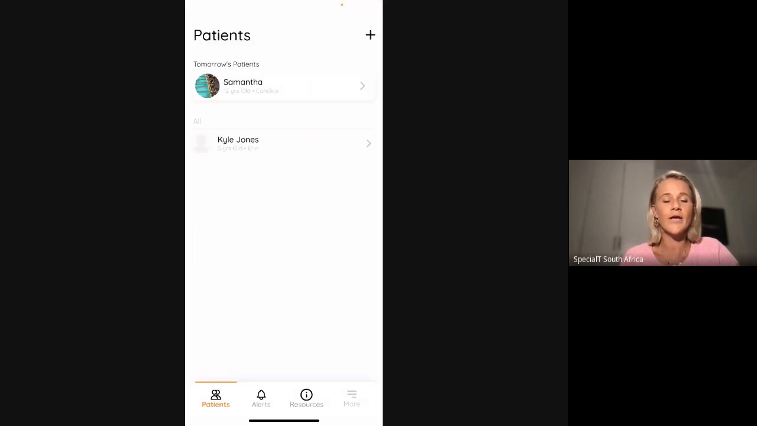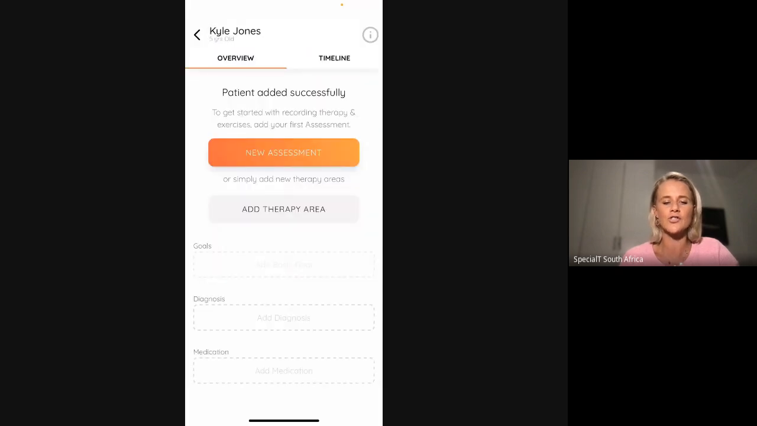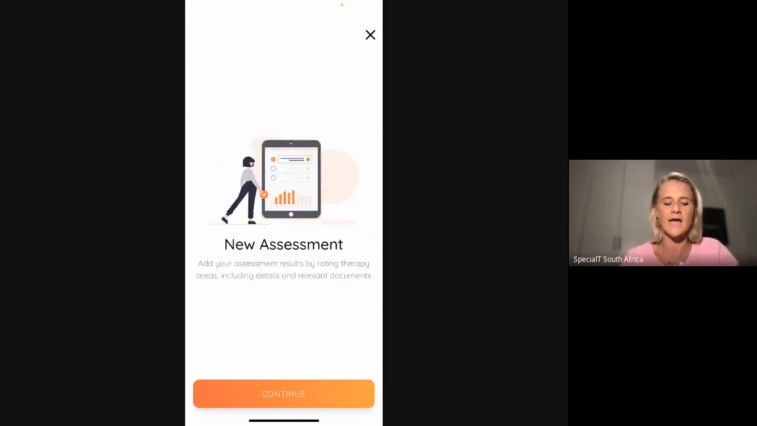So now when I'm looking at my profile, I can see that tomorrow's patients, I'm seeing Samantha, and all my patients, I see Carl Jones. Obviously, as you add patients to this, your patient list will grow, and you'll easily see today's patients, tomorrow's patients, and all your other patients in your list in alphabetical order. Okay, I'm now going to click on Carl Jones, and I'm going to get started with adding a new assessment